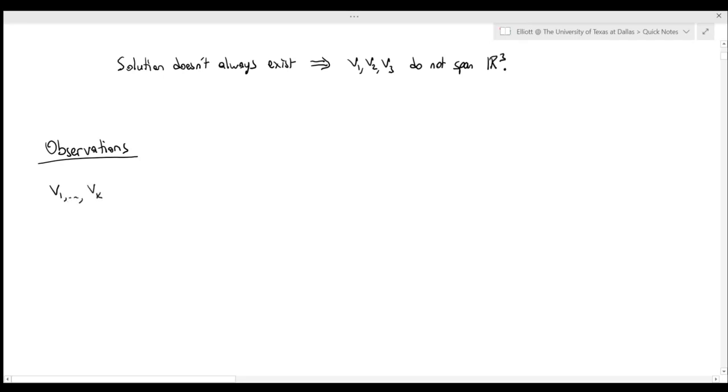I'll say v1 through vk. And let's say these were all vectors in Rn specifically for some n. Now, if we want to check if these vectors span Rn,